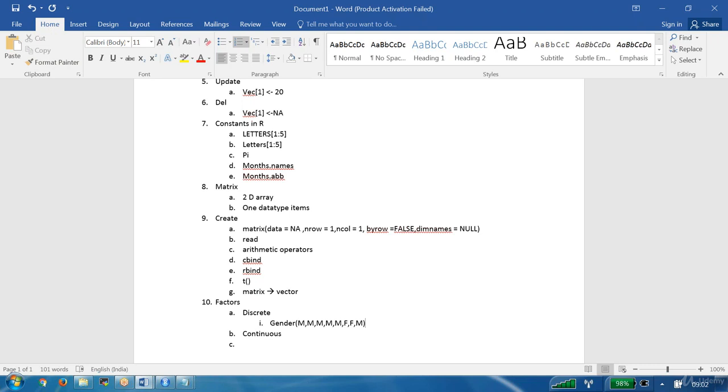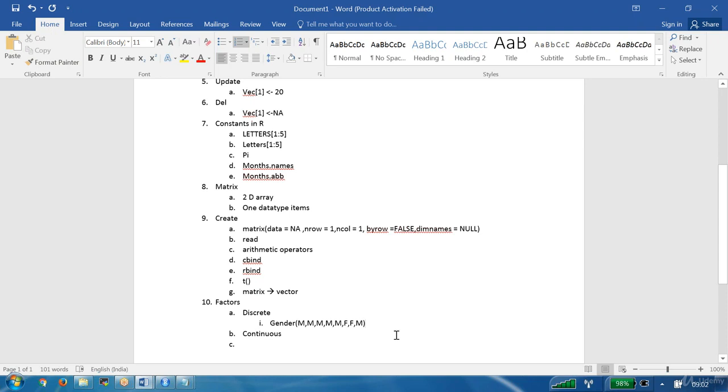Any string value, remember, is discrete. Beautiful definition. Any string value is discrete. Means if I give string values, can you draw a line chart using string values? You cannot. Ram's name, Nancy's name, names are given. Can you draw a line chart? No. Those all things are called discrete.